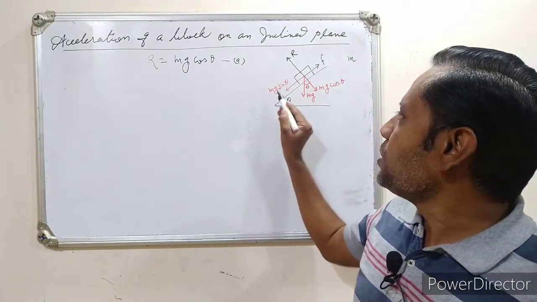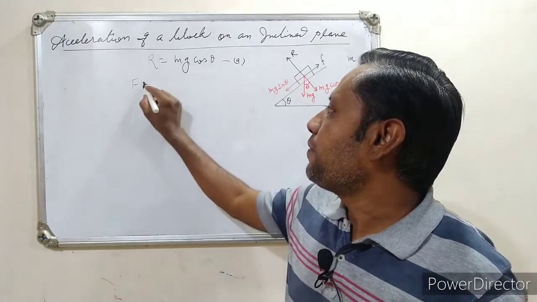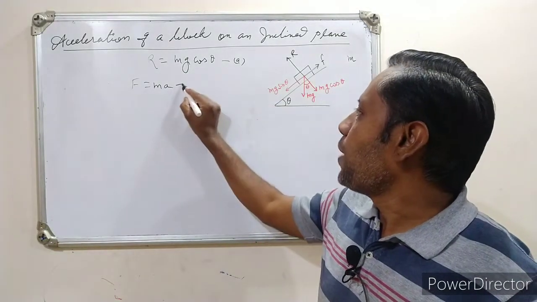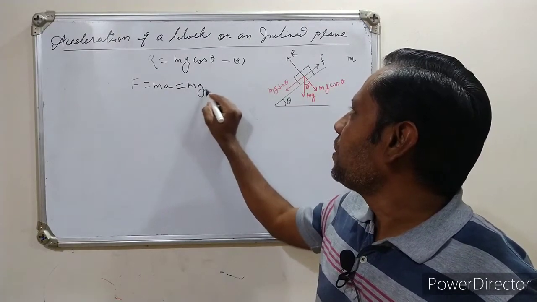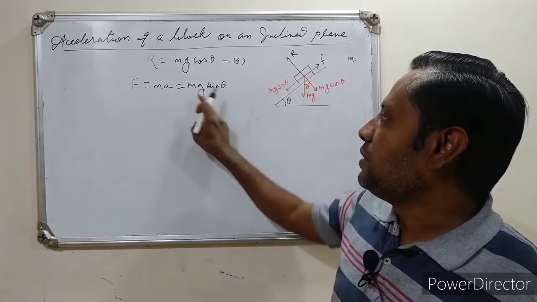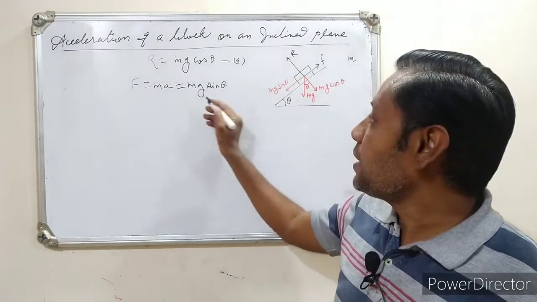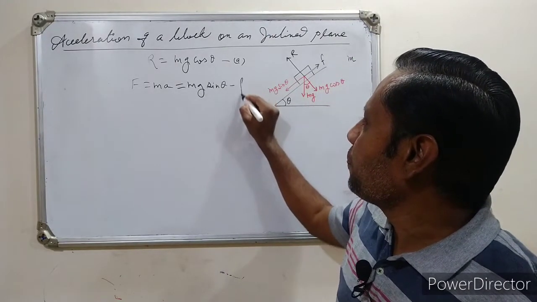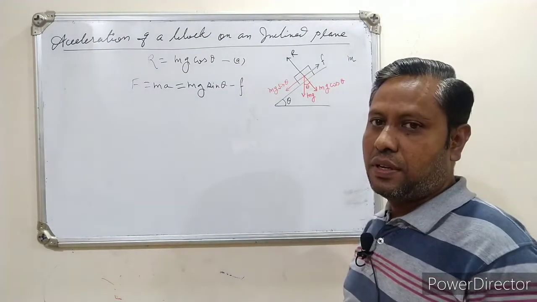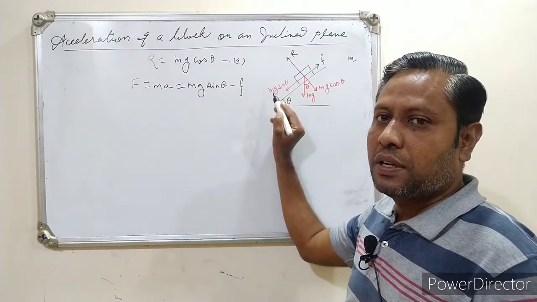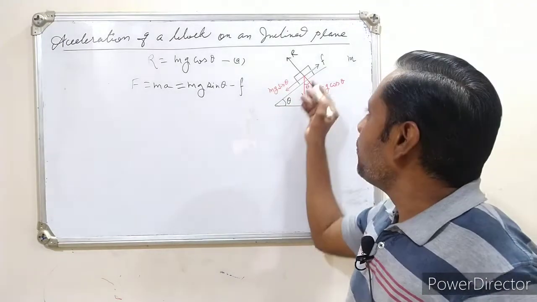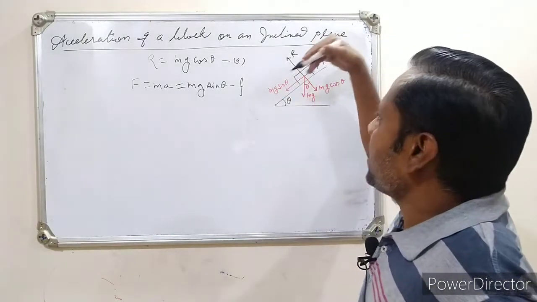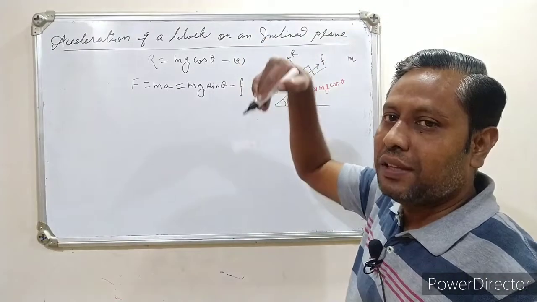Further, the force which is responsible here, let us say F is equal to m into a. This m into a is provided by this mg sin theta, but this force is not alone. Along with that mg sin theta, there is this friction also in the opposite direction. So I will write this as mg sin theta minus F. Only mg sin theta is not responsible here. This mg sin theta is reduced a little by this opposing friction. No doubt it is the kinetic friction now. This kinetic friction is trying to prevent the block from moving in the downward direction.